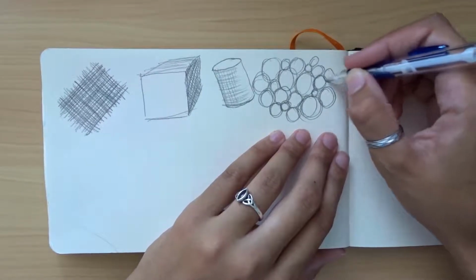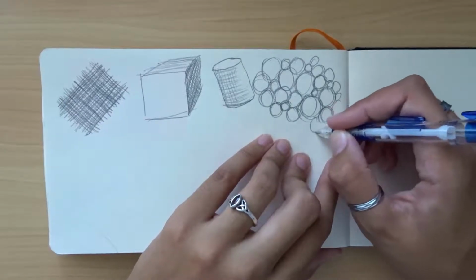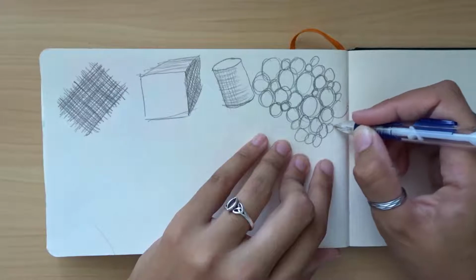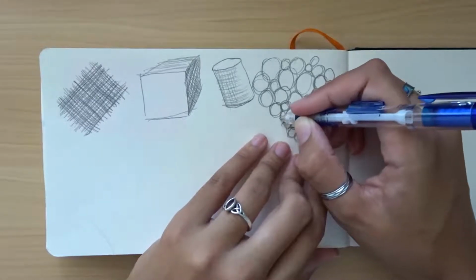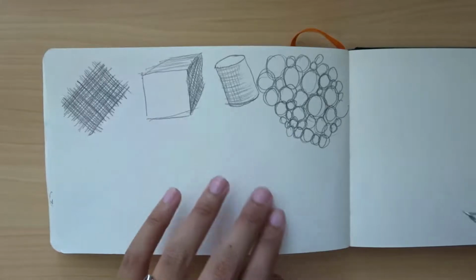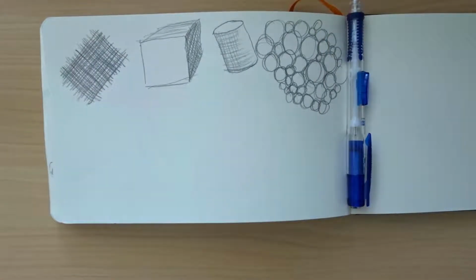And I'm doing this in my sketchbook because I don't want to worry about wasting paper. You know, this is what sketchbooks are for. They're for practice and messing around and warming up. At least for me, that's what they're for. Okay. And then now, what I want to do